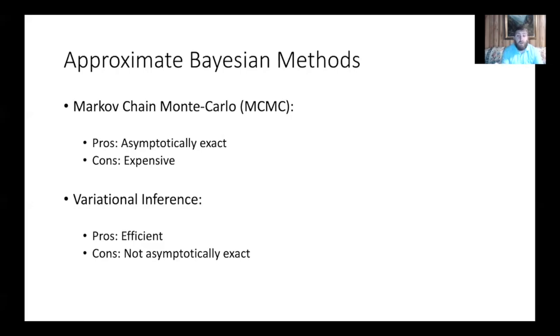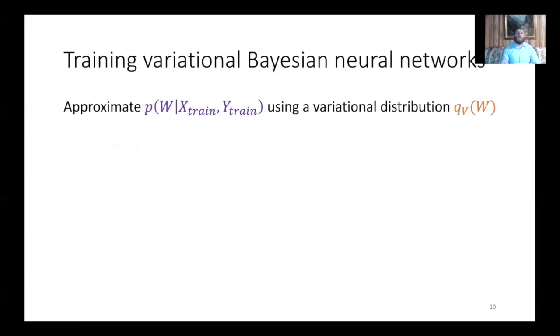Variational inference is often very efficient. However, because you are limiting yourself to looking at a simple distribution, there are no asymptotic guarantees when trying to model the posterior. Variational inference has been particularly successful in deep neural networks because of its ability to scale easily to models with many, many parameters. So what happens in variational Bayesian neural networks is that we have a posterior, or the probability